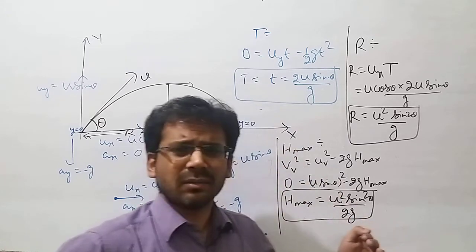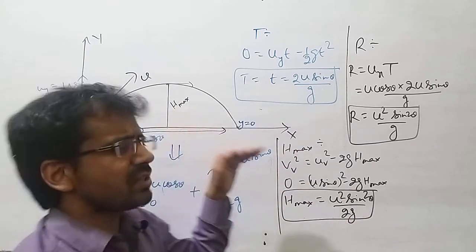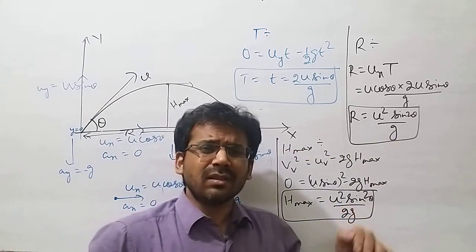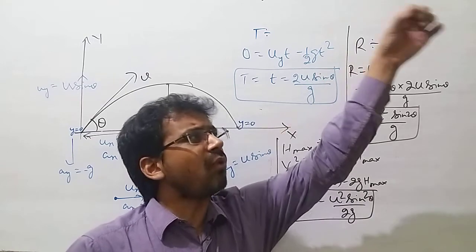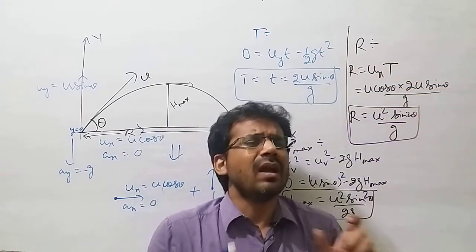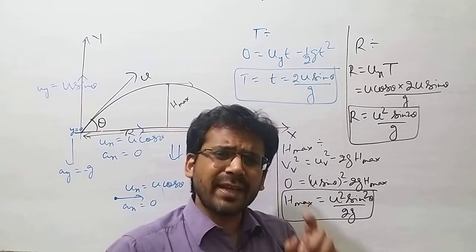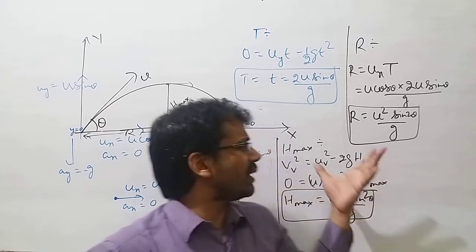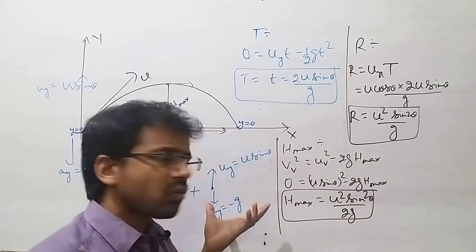Later we will learn the case in which the particle is projected horizontally and falls on the ground, then the case in which it is projected from the ground and falls on the roof of a tall building. Further, we will take the case of an inclined plane. There will be a lot of cases, but this was just the basic information and basic concept related to projectile motion.